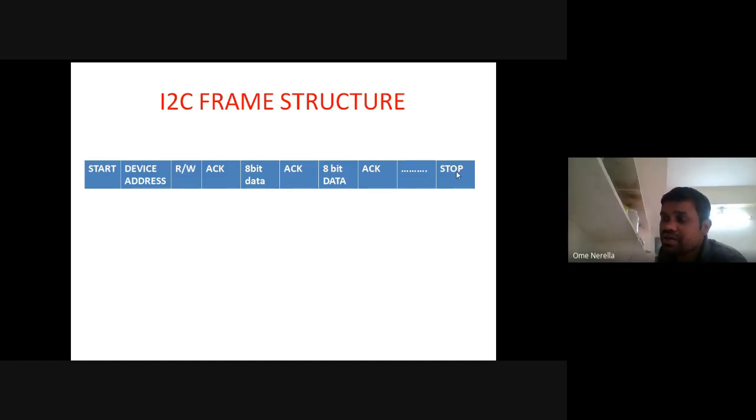Wire.begin is used to initialize the Wire library to communicate with the I2C based device. Next, Wire.beginTransmission with device address is used to start the transmission with the required device address. Next, Wire.write is used to write the data into the I2C. Wire.endTransmission is used to stop the transmission. In between the start and stop, we are sending the data using Wire.write.